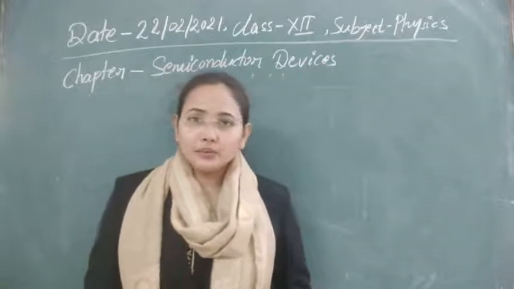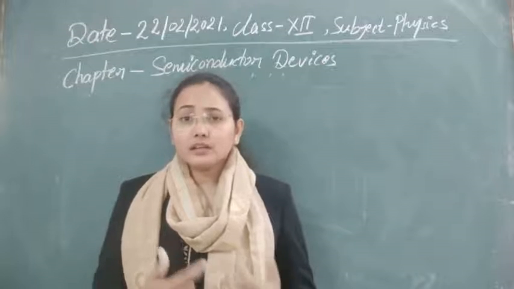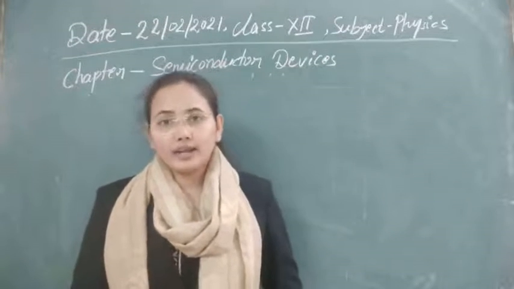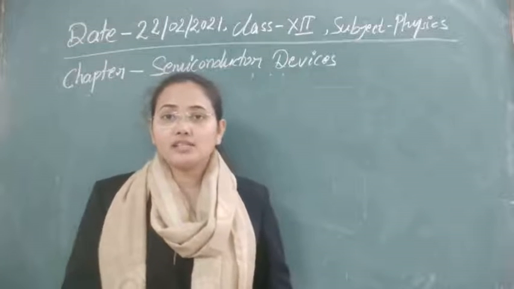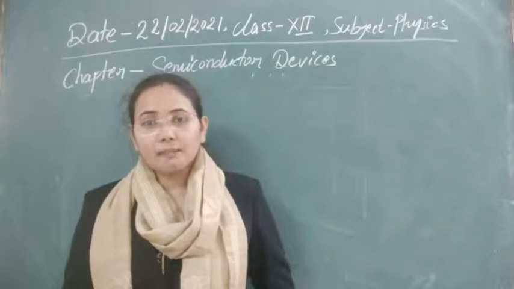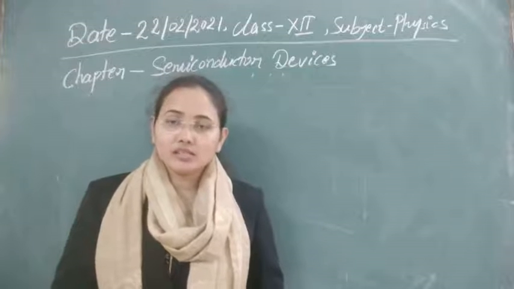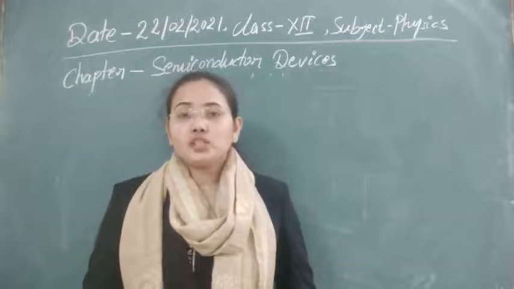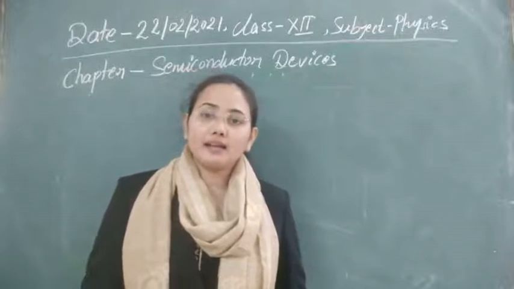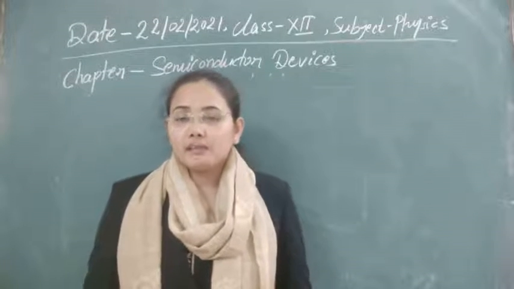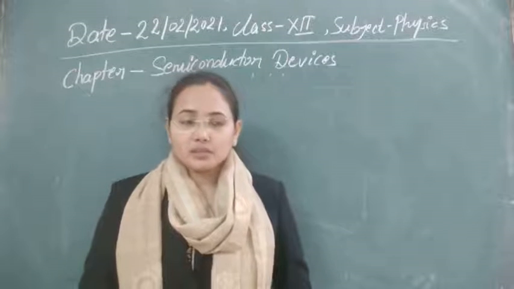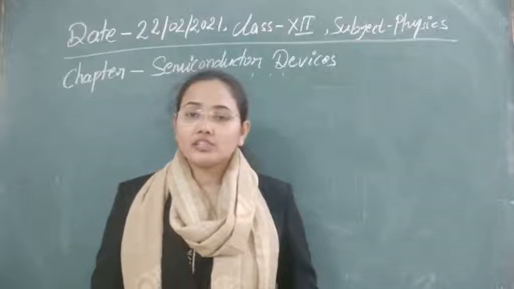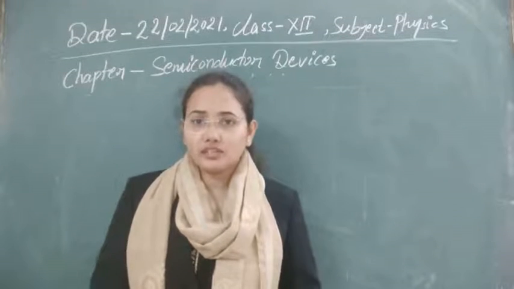And again, you know that to get more intense light, or to increase the intensity of light, we have to increase the number of photons in the light, and the number of photons depends on the number of electrons, or the number of charge carriers present in the system. So the greater the charge carriers present, the greater the conduction, and the greater the emission of light from there. It means that here we have to use the kind of biasing which can provide us a large number of charge carriers.